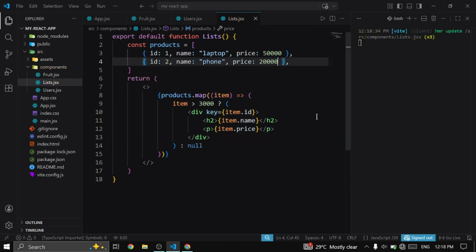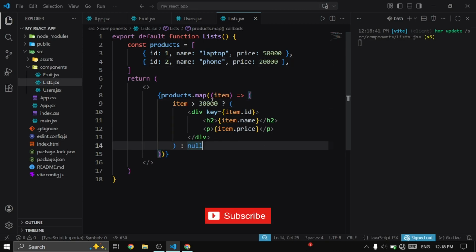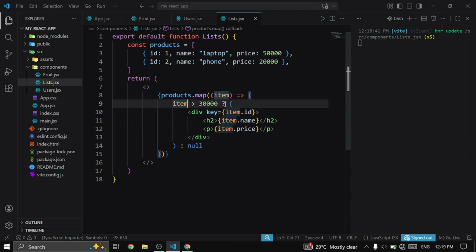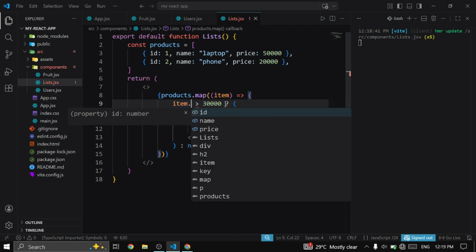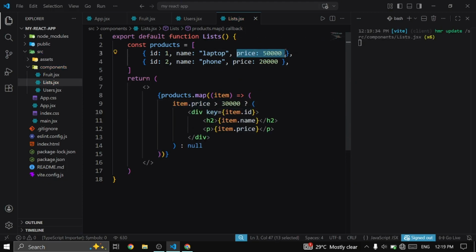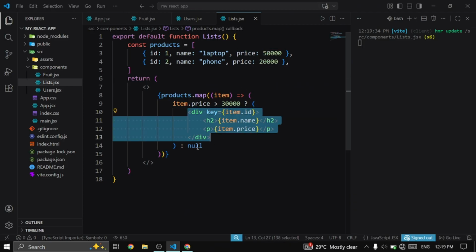Let's make it 50,000, 20,000, and 30,000. Fine. So if the item is greater than 30,000, we need to display that element. Now here one thing which we have just forgot to do is item dot price. So we need to check with what? We need to check it with price. So it will be checking it, and if it is greater than 30,000, the element will be displayed, otherwise the element